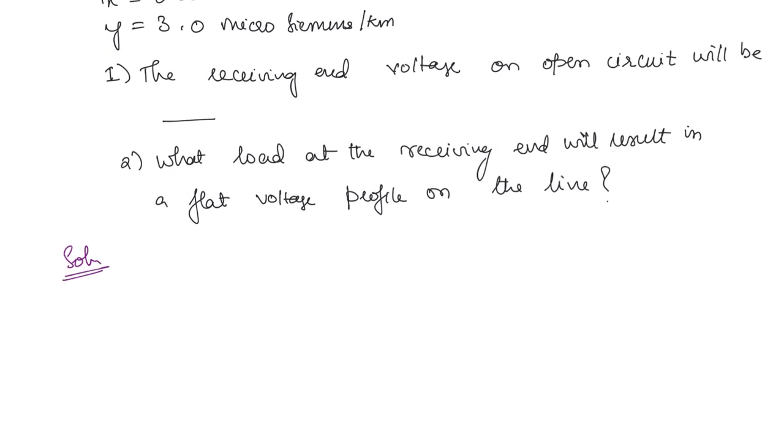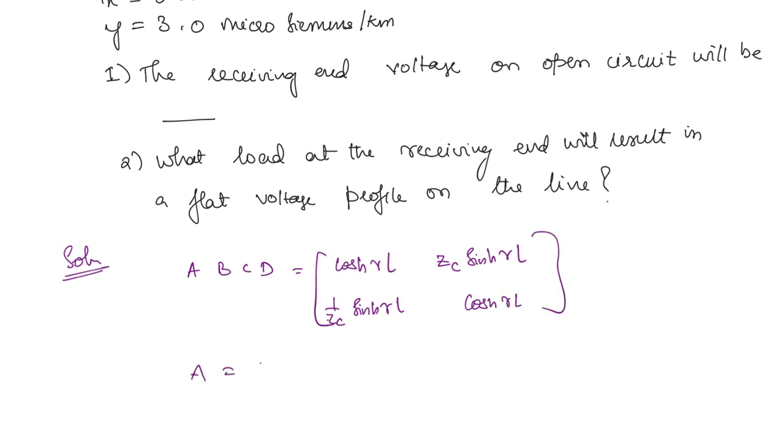So for a long line, what are the ABCD parameters? This we have derived as cosh gamma L, Zc sinh gamma L, 1 by Zc sinh gamma L and cosh gamma L. So what is A? It is equal to cosh gamma L. Now gamma is root over Z into Y, right? So root over R plus J omega L, or you can write Jx